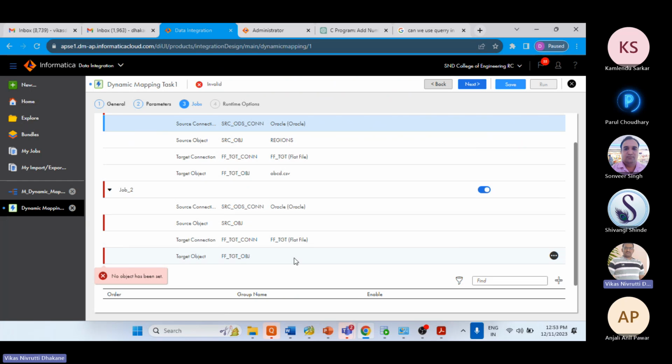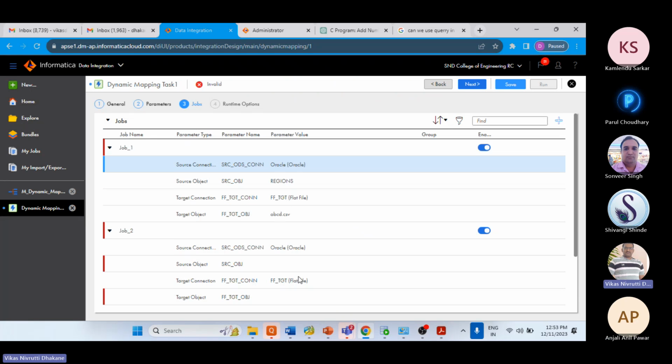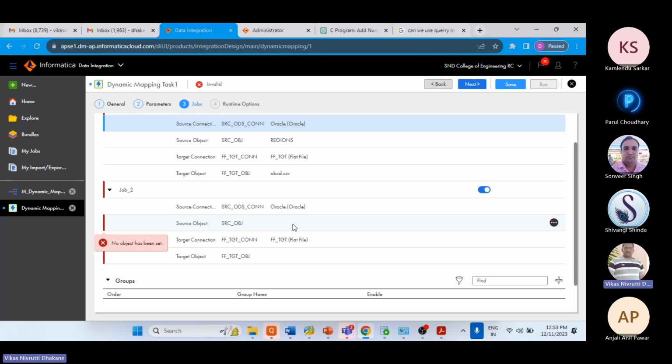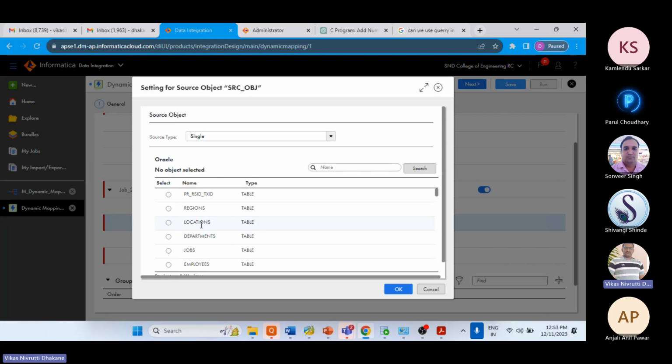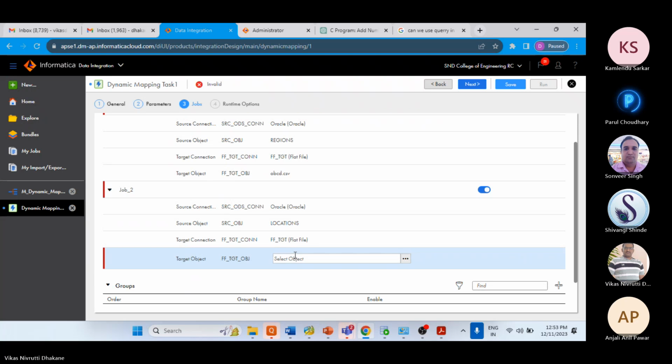Yes. But the difference is what? Here our development effort is getting completely reduced as compared to your previous two approaches. This is right, correct? Yes. Okay. Now, just for the sake of understanding, we have created the two jobs. Now here I can select another database table, like location I have selected. Now here I will check. I will give the other